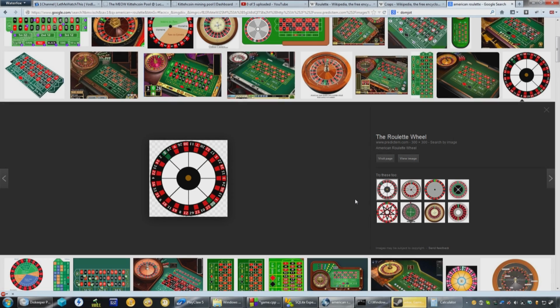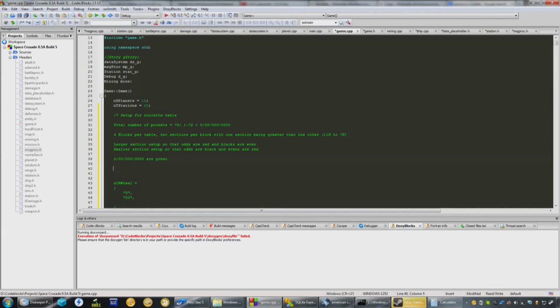Alright, so now that we know that, we need to write that down. So, numbers are arranged so that the next number in sequence is directly across from